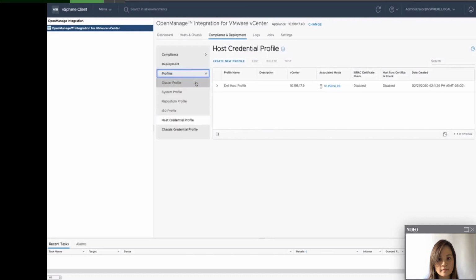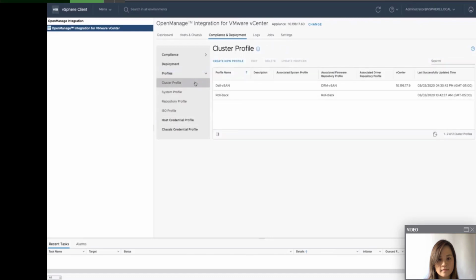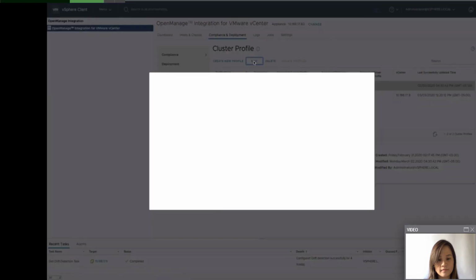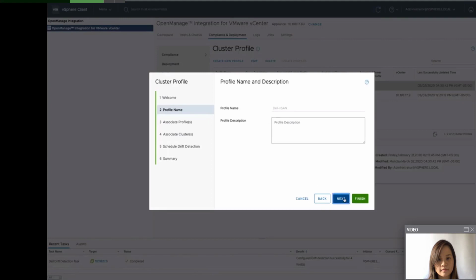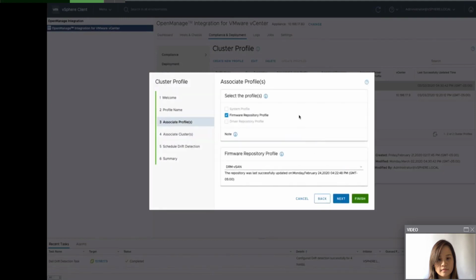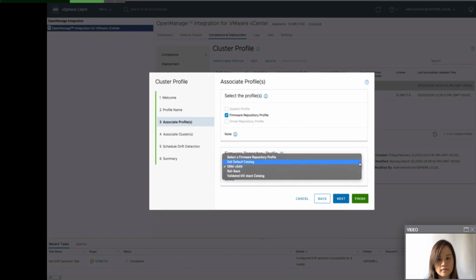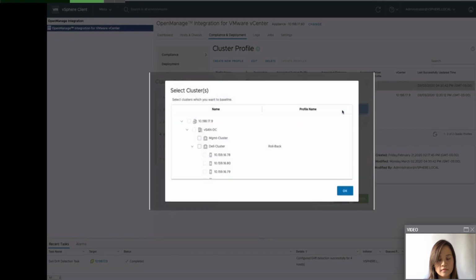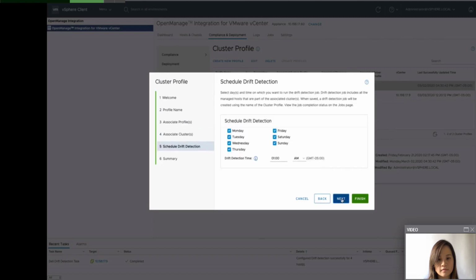Next, you'll need to create a cluster profile that associates your firmware repository. I've already created one called Dell vSAN, so let's take a look. When choosing a firmware repository profile, I could just choose the Dell default catalog, but I want to make sure that my vSAN cluster has all drivers and firmware that are supported on the vSAN HCL, so I've created my own DRM vSAN profile. Next, I'll select the servers in my cluster that I want to manage. I'll also choose a schedule for drift detection,